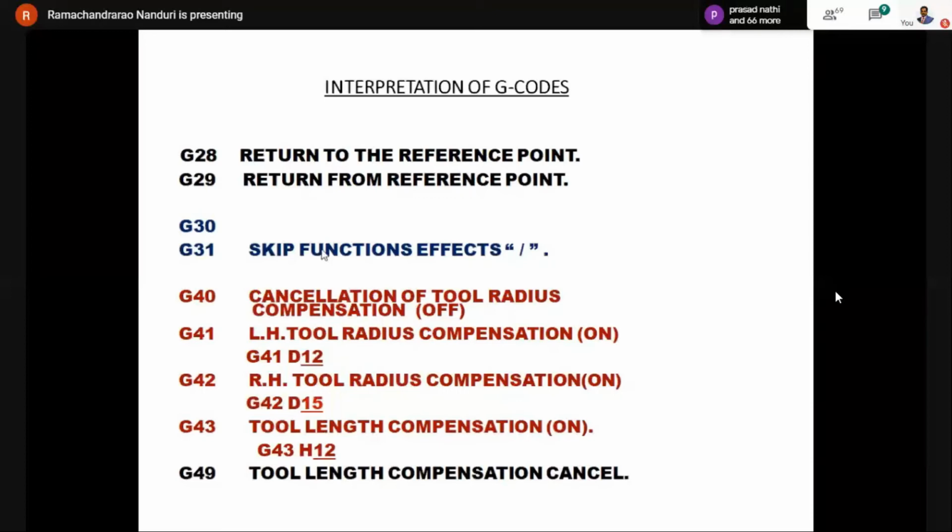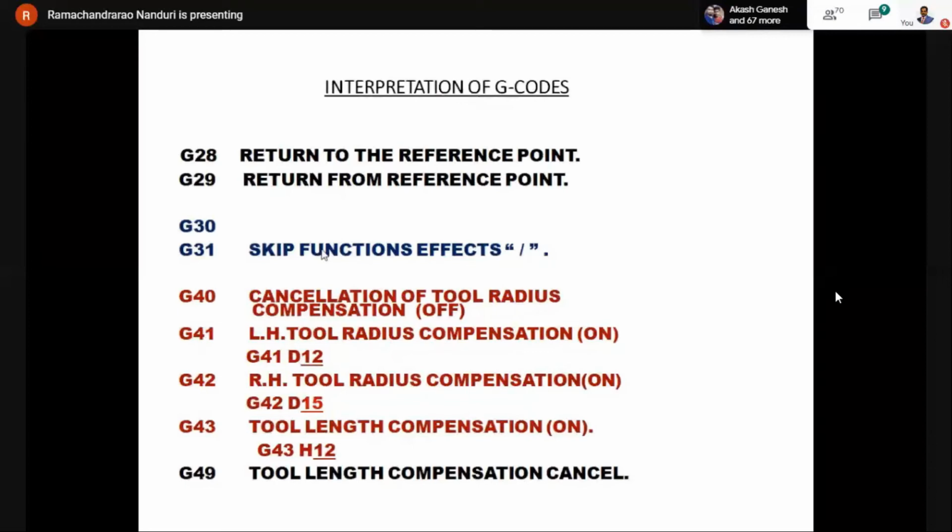That's all. Automatically the spindle will go from the existing coordinate to the reference point on the home position of the machine. And if you want to bring it back to the previous position, again you have to give G0, G91, G29, X0, Y0, Z0. Automatically it will come back to the previous position. That's all. And G30, generally you will not be coming across the G30 command in machining centers. There are some other interpretations given for G30 in CNC lathes. So let us not bother about that now.